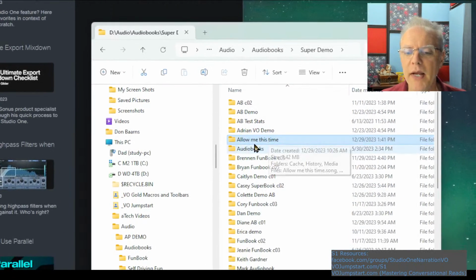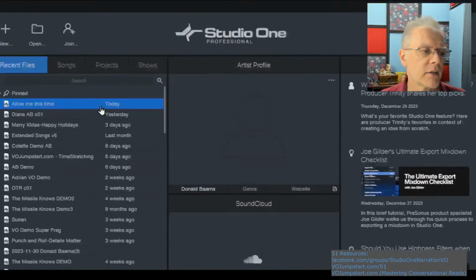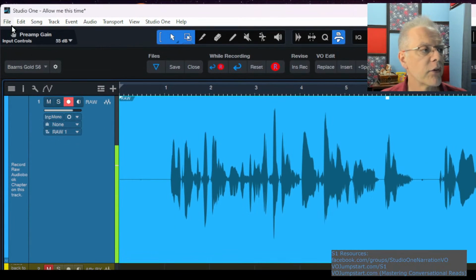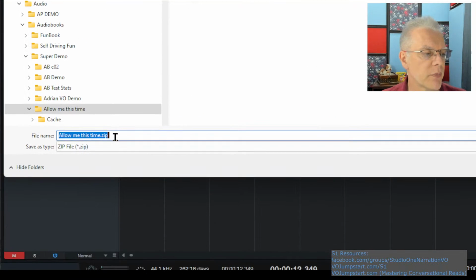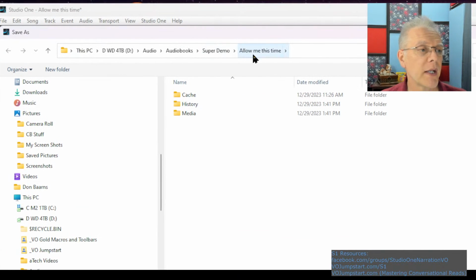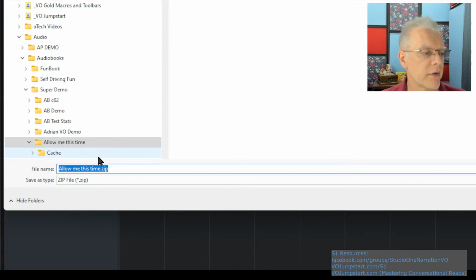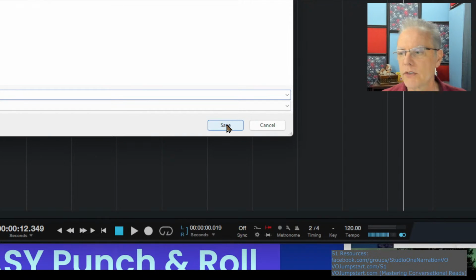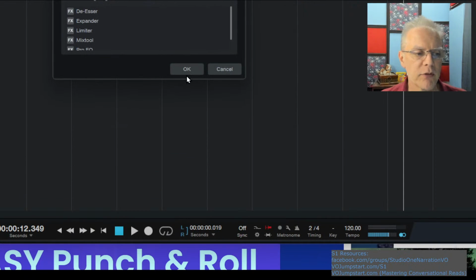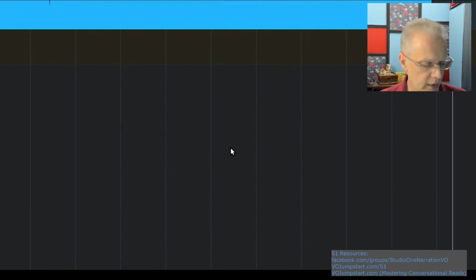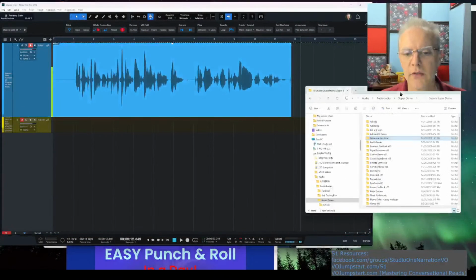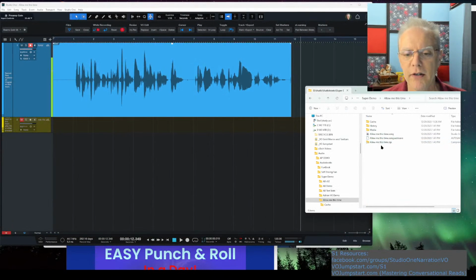If you really want to package all this up to send to somebody else, we'll go into that, and there's another command that we'll talk about, and that's convert to zip. When I do that, it'll package everything up, and by default it will put it in that same folder. It's going to create a zip file for us, and I'm just going to save that. And then you'll see it will allow me to do some other very interesting things. We choose OK, and then when we go back to this folder right here,